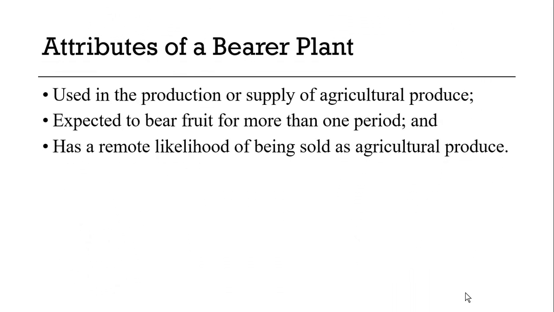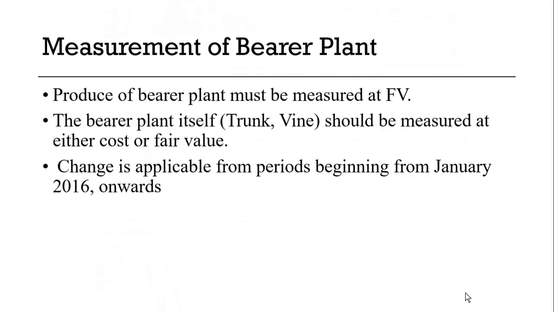Attributes of this plant is that it is used in the production or supply of agricultural produce. It is expected to bear fruit for more than one period and has a remote likelihood of being sold as agricultural produce. So this plant therefore is different from the normal plants that we deal with. All right, so that when it comes to measurement,